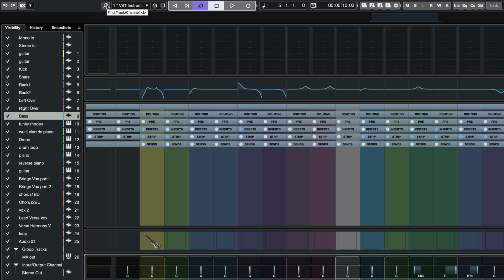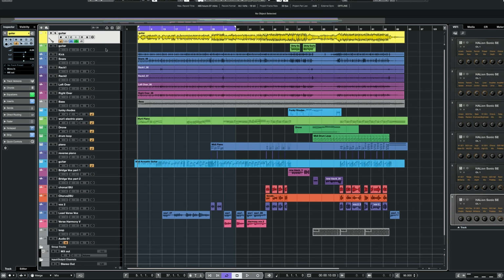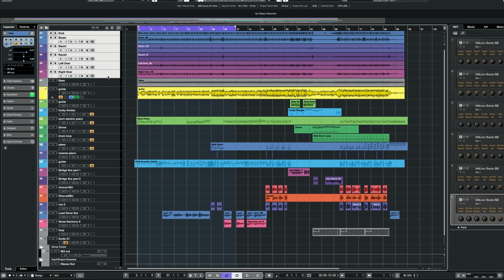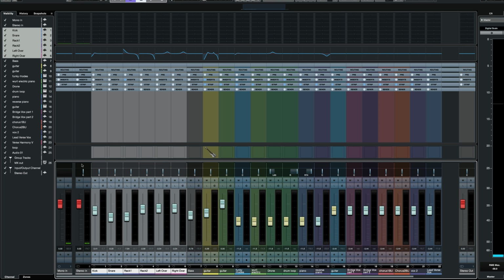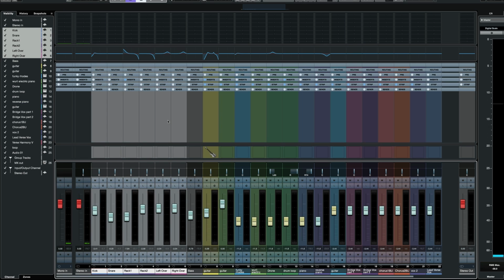Okay, so now let's look at linking and quick linking and the uses of those types of features. Linking is really a fast way of moving parameters for a whole bunch of tracks at once. So let's say for this particular scenario, I'm going to move the guitar tracks back to where they used to be, which is right underneath, I think, the bass. And let's just highlight the drums here and go back to the mixer with F3. So here they are. They're all selected. Very easy to select a group. You just hold the shift button and then click, and now you can see I've selected all those tracks.